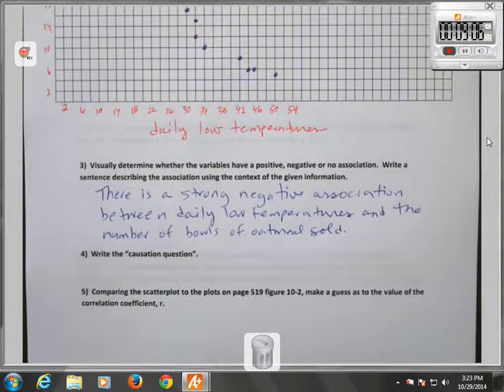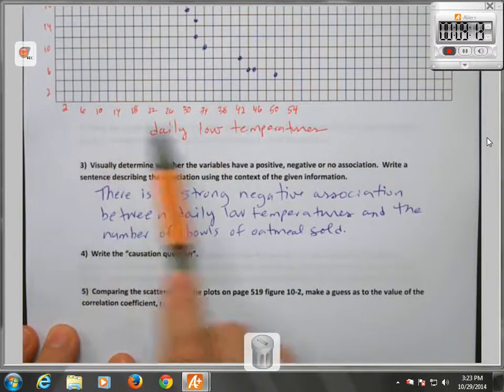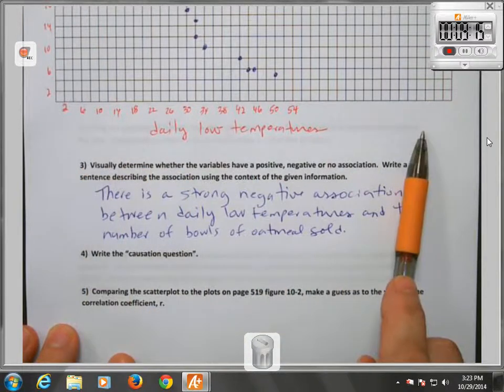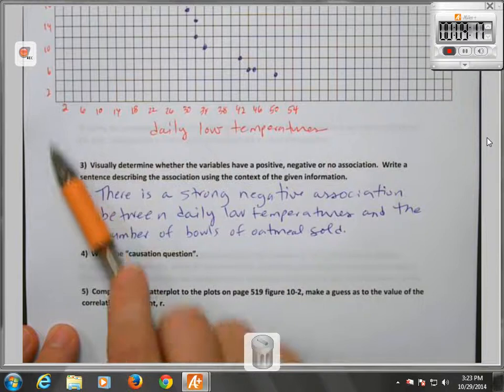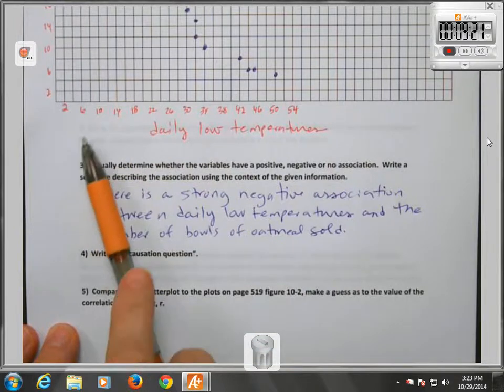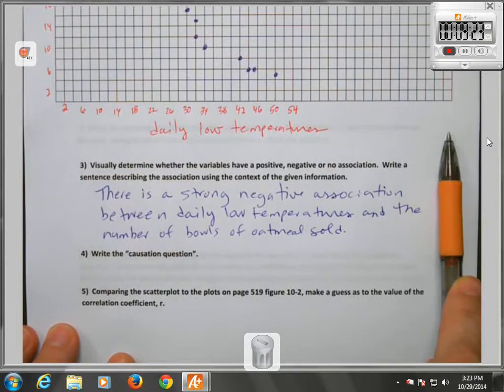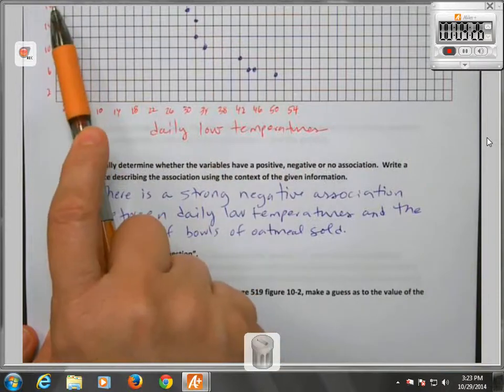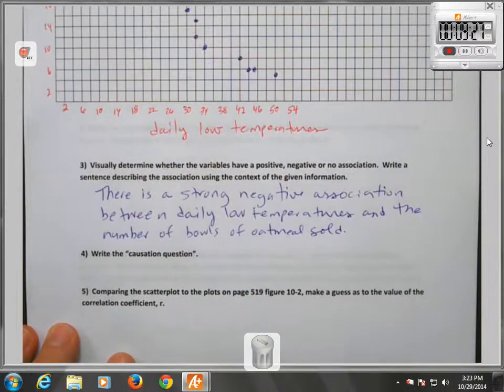going through this process. So the causation question here, and it's always related to the variable x, or the explanatory variable, and the response variable, in that order. So we're asking whether the x variable causes the y variable to happen. Okay, that's what the question is. So the question in terms of the low temperature and the bowls of oatmeal will be,